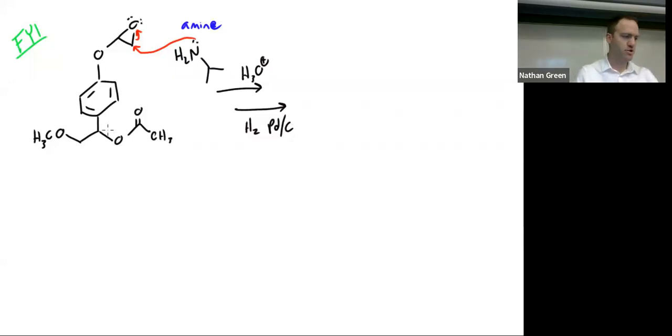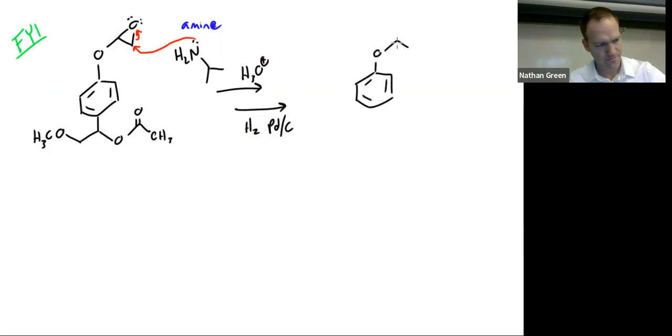What I do is take this precursor molecule, first react it with isopropylamine. I pour acid and water in the flask. I clean all that up. Then I run that reaction through H2PDC. And at the end of this, it makes a molecule that looks like this. Let me draw it down here first, actually. So what the H2PDC was about